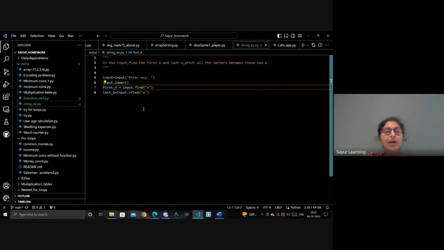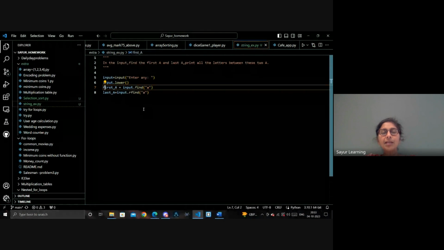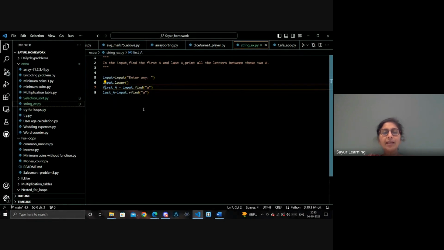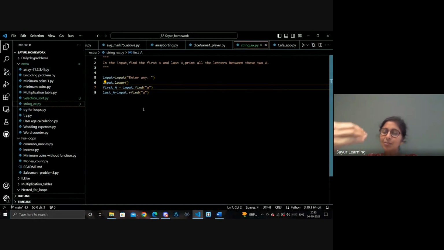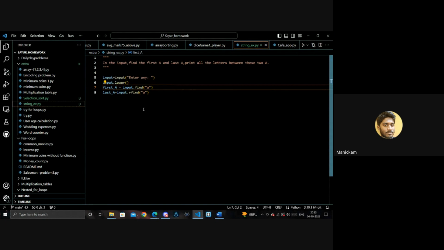Okay, so Manikam, you're using the first find and then you are doing a reversal of find, and then the assumption is the find will give the index and the last one will give the last index. Okay, very good start. Okay, what will you do next? I don't know if this is the exact syntax, but the idea is correct. You found the index of the first A and searched from the back to find the index of the last A. Okay, what will you do next? Next, between those two indexes,